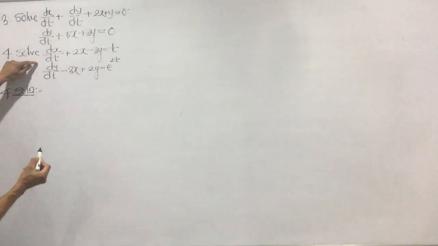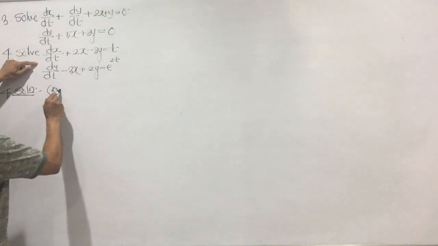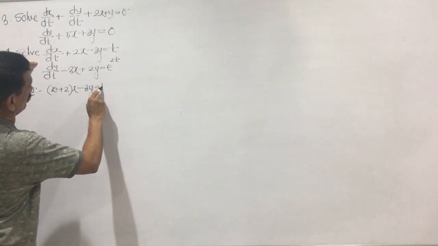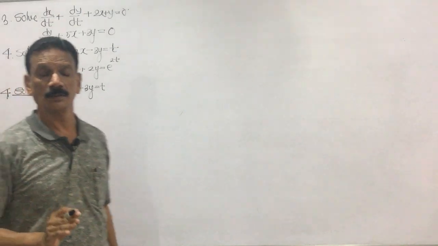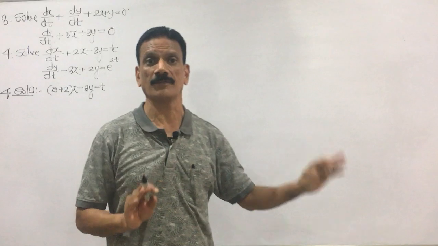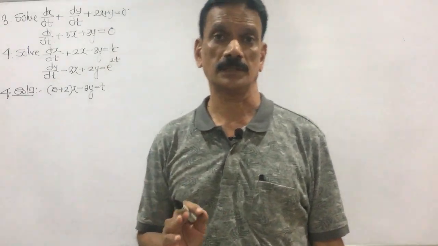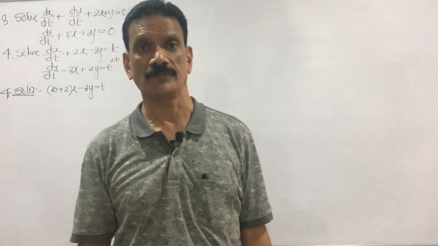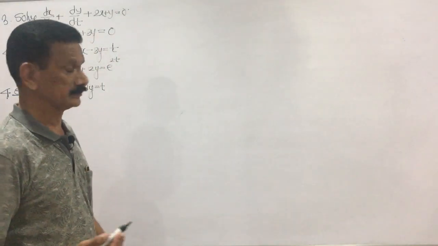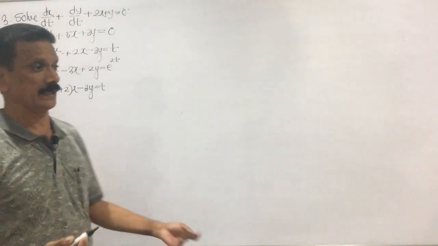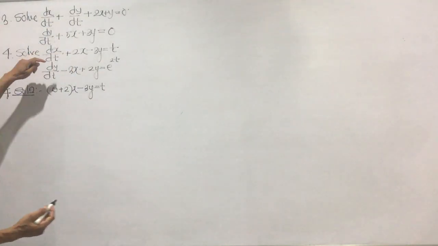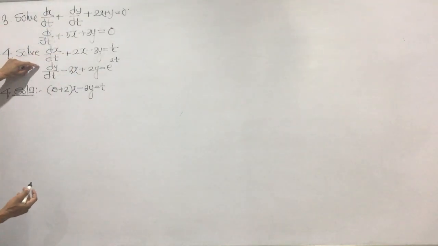So these two I take x common, means here we get d plus 2 into x minus 3y equals t. Look my dear friends, observe here we have right side is not 0, means here complementary function is not 0. Here we have to write the solution as complementary function plus particular integral, and such examples have not appeared in the examination. So, right side 0 frequently appeared in the examination, but even though I am taking one example to make convince.